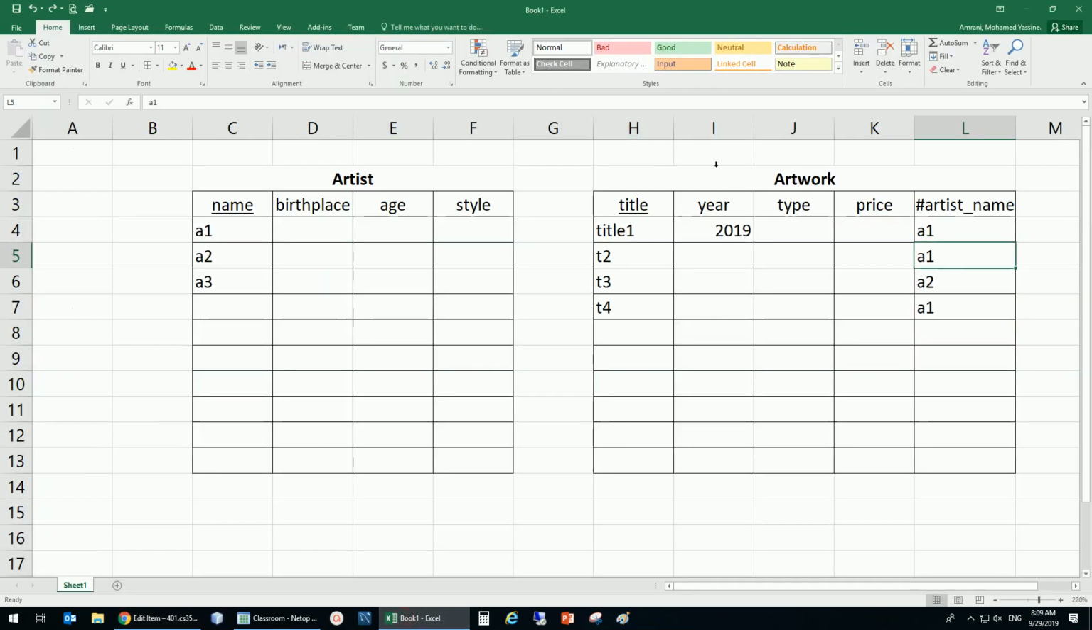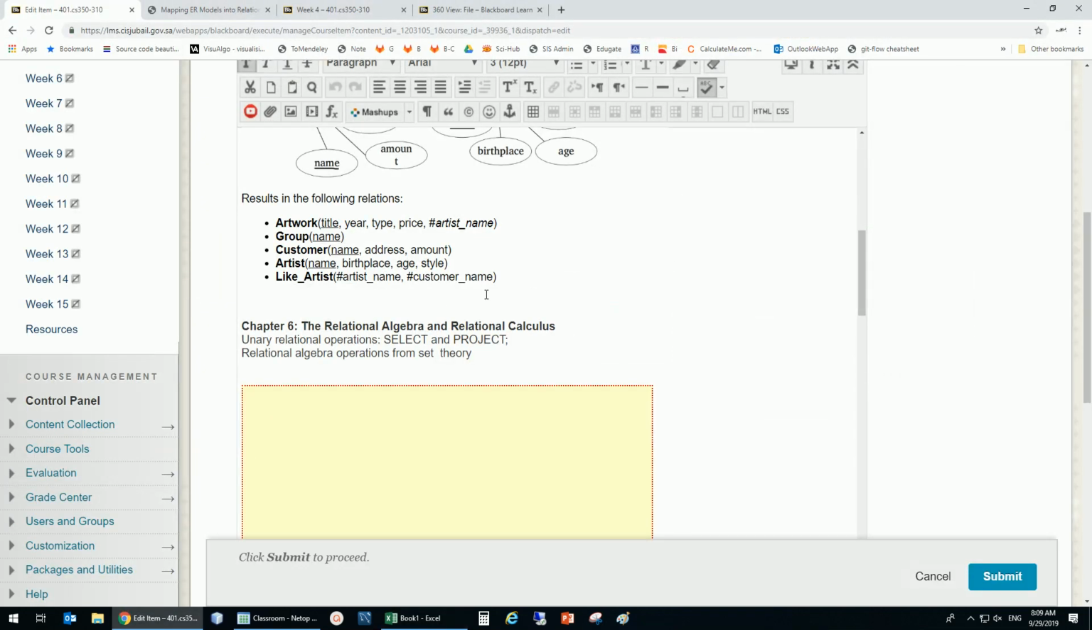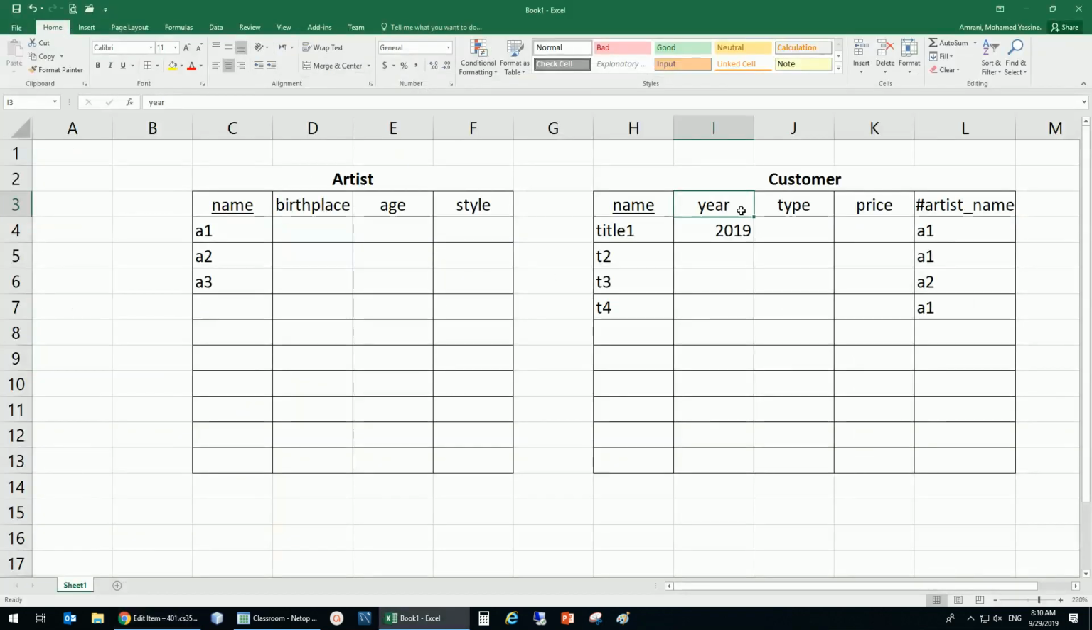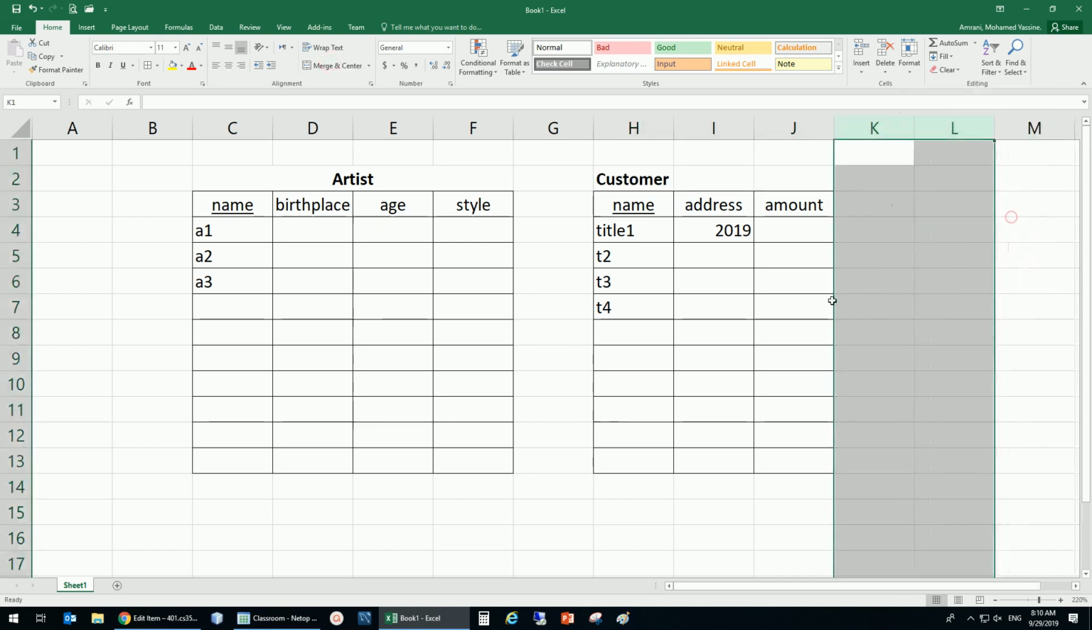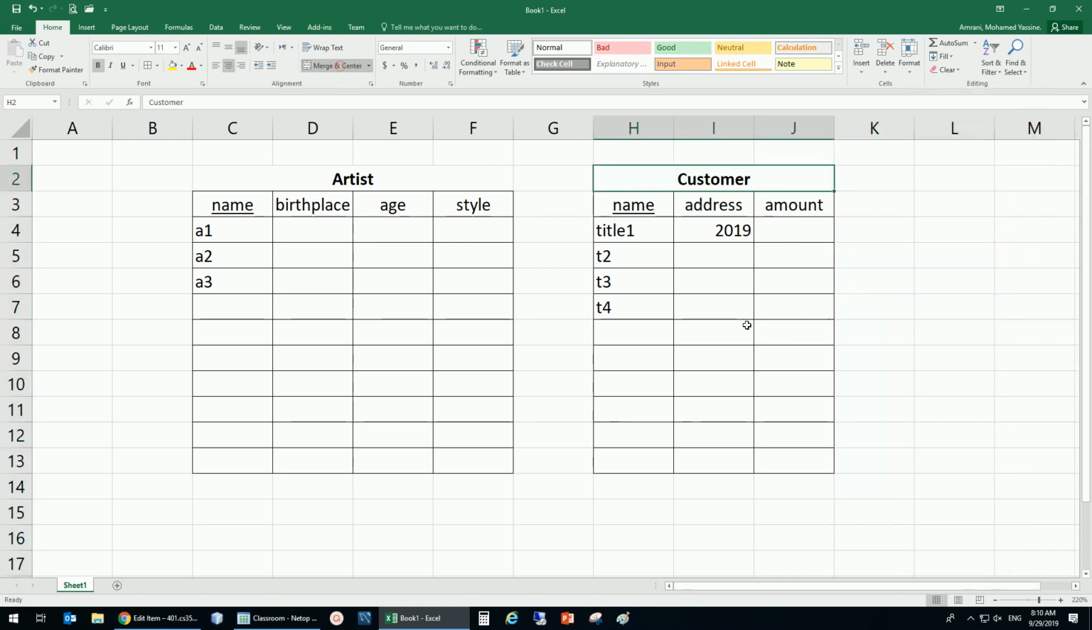So I'm going to call this customer, and this is the name of the customer. And then what else? In the customer we have address and amount. I'm going to delete those to avoid confusion. And yes, so this is our customer, this is our artist, and we just added a new one